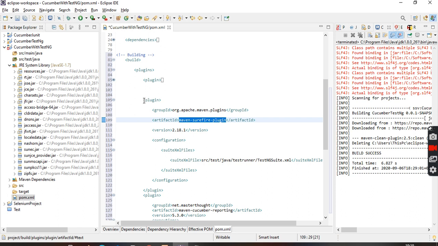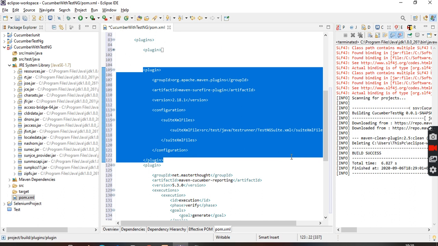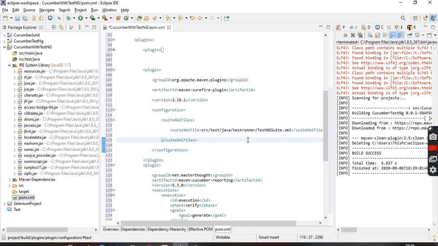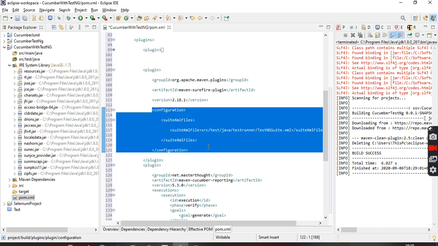Surefire plugin. So between this, again you will be getting the dot bus. That is fine, but something you added, this configuration. What is this configuration? No need to worry. What is the use of the Surefire plugin? The Surefire plugin will run your test case or unit test case.